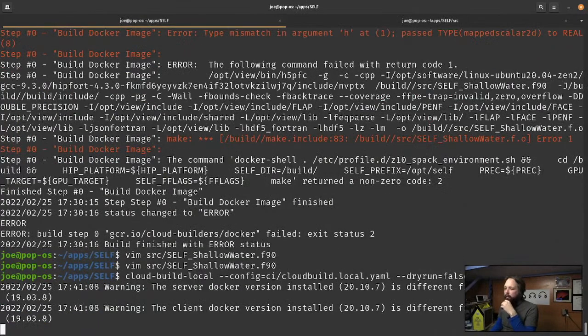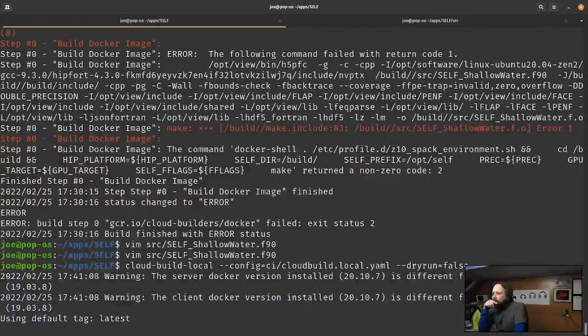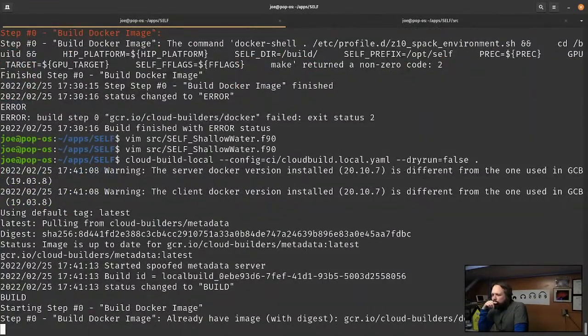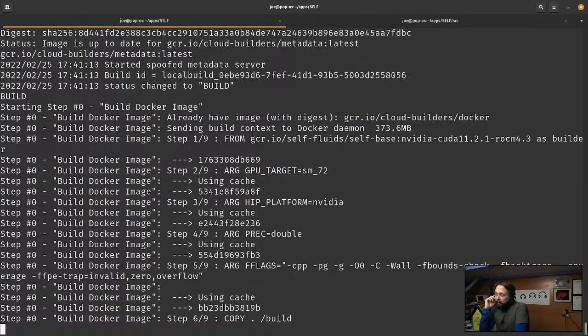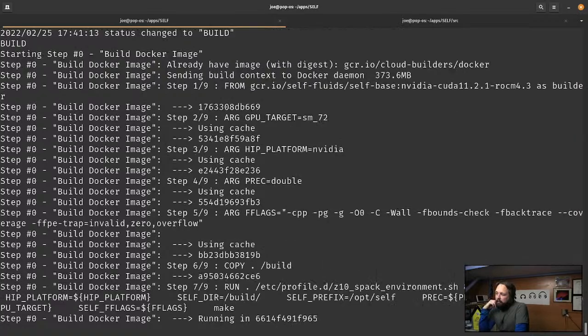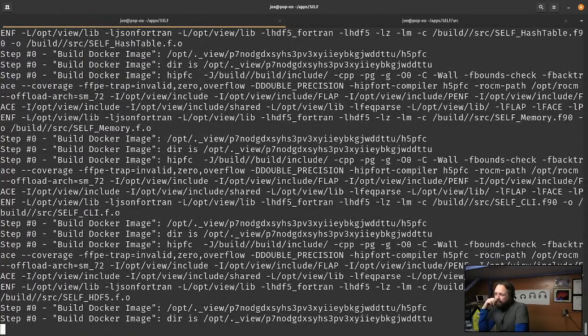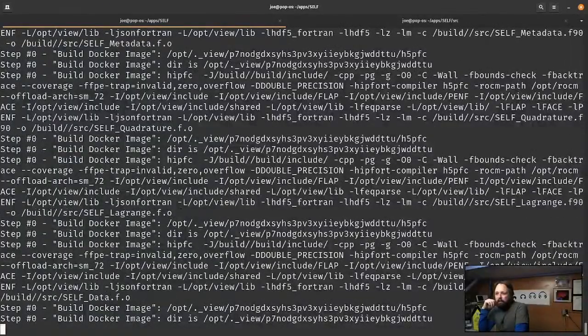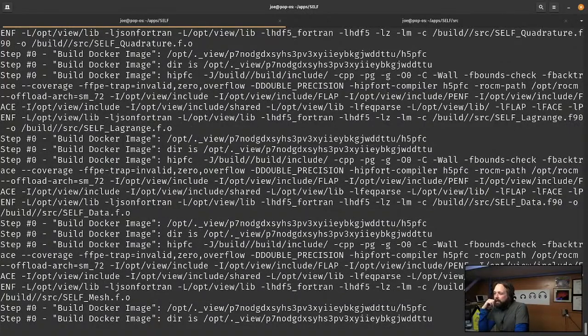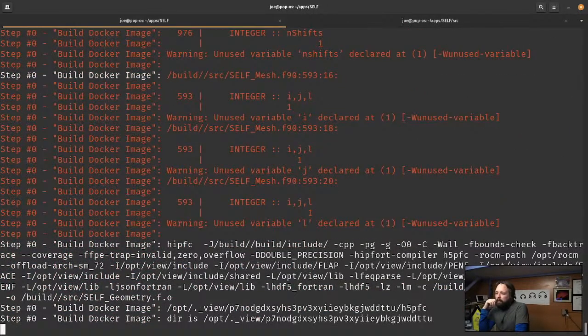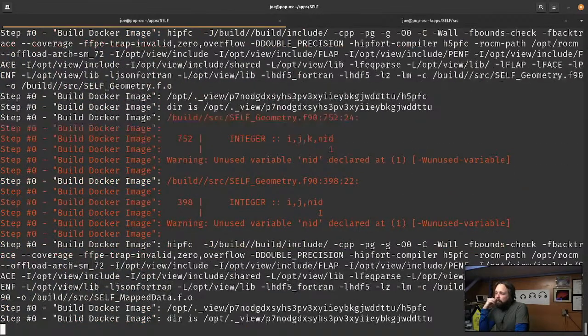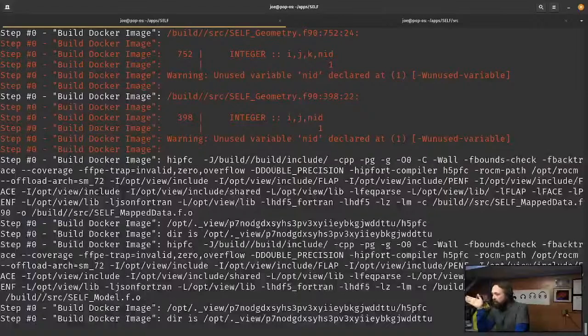Let's go ahead and give it another build, and we'll see how we do. While that's going, I do want to talk to you about mesh generation. What I've done recently is gotten rid of the inbuilt mesh generators. They didn't really scale very well when you did domain decomposition, and there's a lot of reasons for that, but essentially I moved away to using Gmsh or